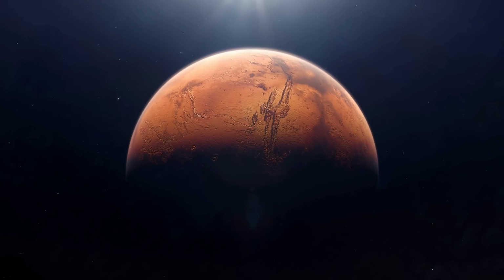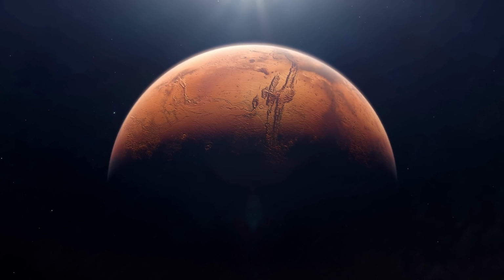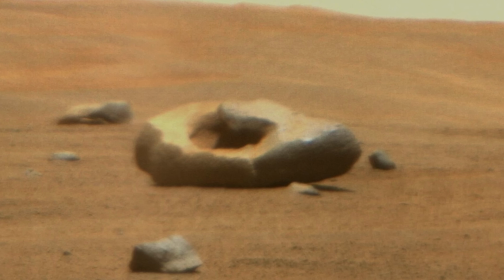Of the new discoveries coming from our red neighbor, Mars. Because as always, we have some major scientific findings coming from this beautiful red planet. But to start, let's take a look at something that's not particularly scientific or particularly exciting, but something that does look kinda cool. A donut rock, recently discovered by the Perseverance rover, with the one big question being,